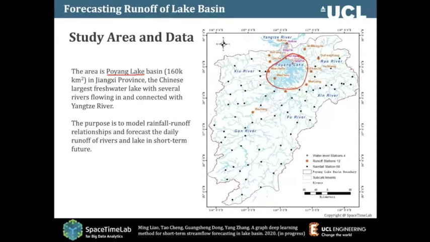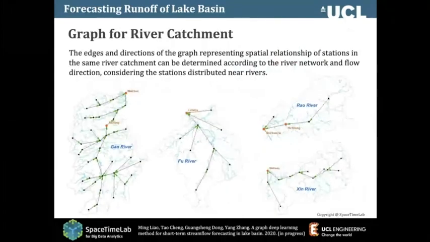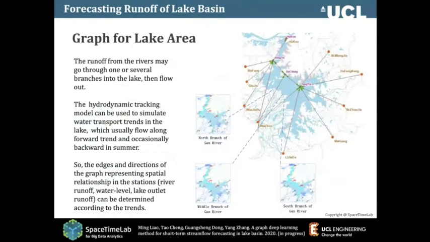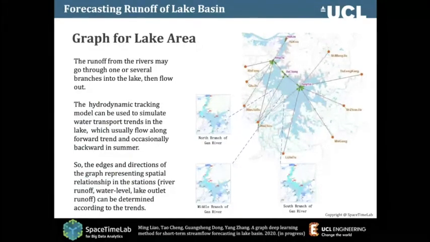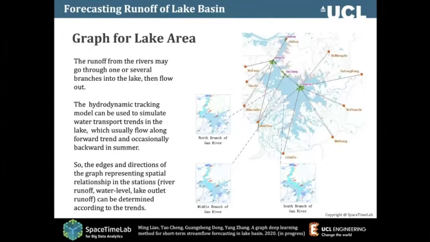The branches, 5 rivers actually. The Yangtze River is the larger one, but we separate it. So how do we do that? We divide it. We model the graph of the individual lake. That's how they are represented, based on the direction of the flow. We put them as a directed graph. And then we also want to make a graph for the whole lake area. So these are all the rainfall observation stations. And then we will link those lakes with those rivers as well.